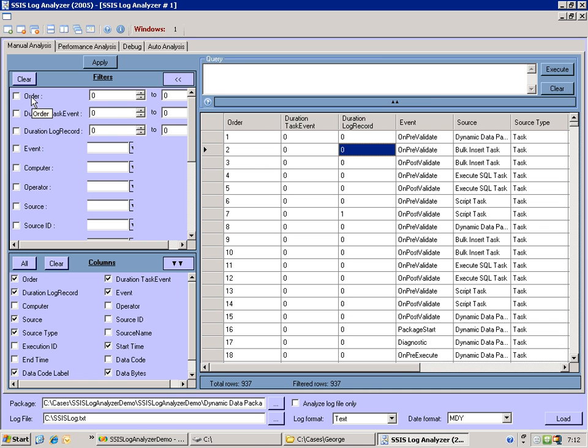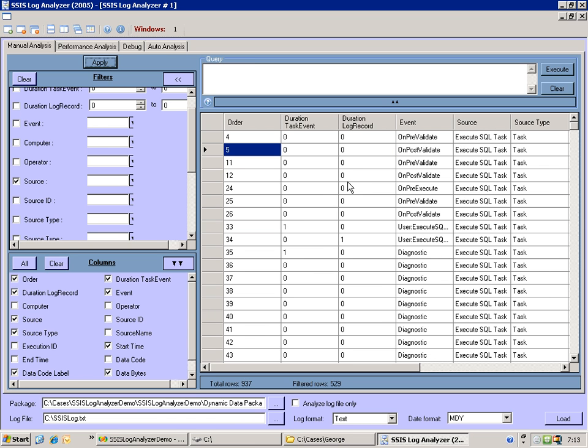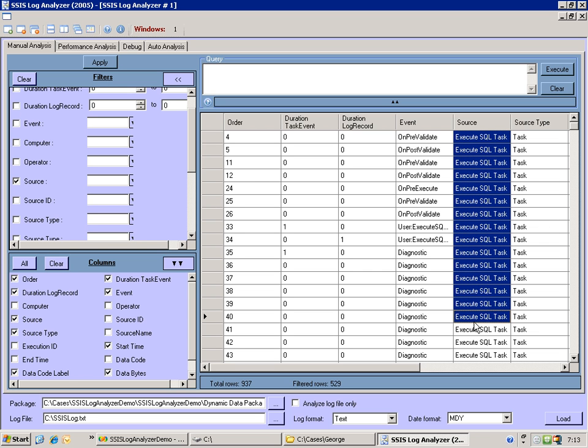There is a filter that you can apply. For example, if you say source is bulk insert task, or say execute SQL task, and say apply, you'll see it filters only on the execute SQL tasks. Similarly, you can add or remove additional columns you may want to be displayed, and there is also a